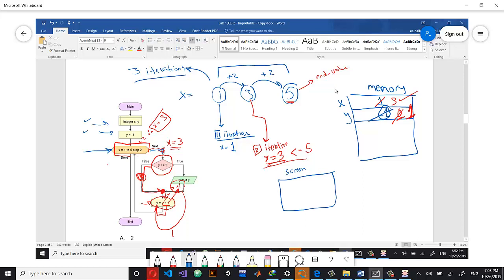So we're going to go back to the head of the loop and check. First you will increment. So you will go to the head of the loop, increment x by 2, so x now is equal to 5. After the increment happened, within the head of the loop, a condition will be checked. Now x in the third iteration is equal to 5. We're going to update x in memory to be 5. Now we're going to say, if x is less than or equal to the end value, which is 5,